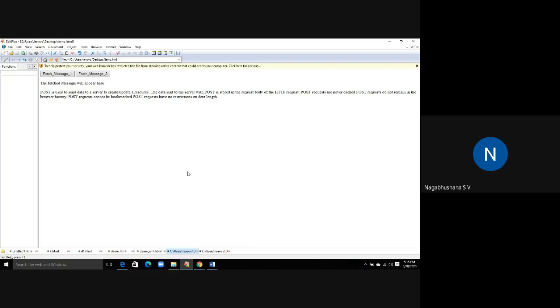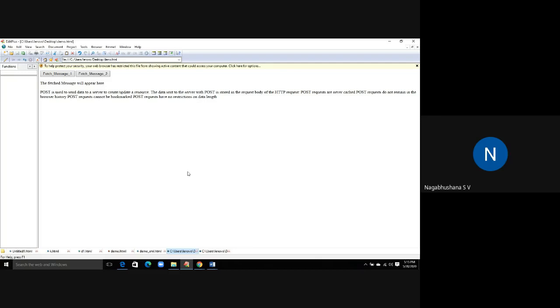When there is no cache in the web application and you are using a post method, there is no security issue compared to the get method. What I mean to say is, the post method is much more secure compared to the get method. But it is a little bit slow in processing because it has to take a lot of data when it is being sent from a client to a server.